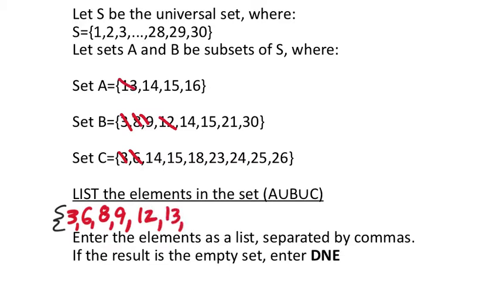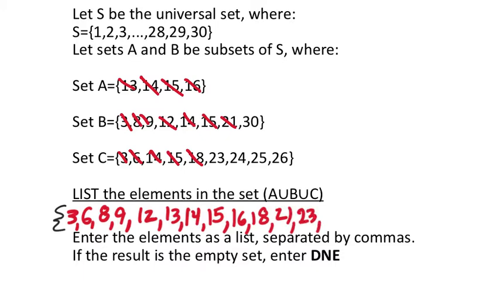Hopefully I got enough space. We got 3 14s. That doesn't matter. I'm just going to list it once. And yeah, we got 3 15s as well, so I got to list that just once. Next is 16, 18, 21 it looks like. 23, 24, 25, I guess 26, 30. Now, I was crossing those out just to kind of keep track of all the values that were used,